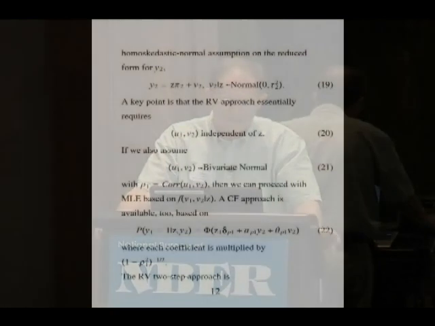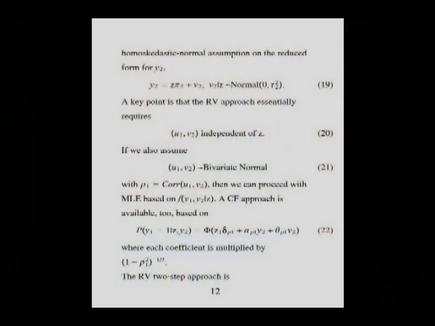So Blundell and Smith and Rivers and Vuong looked at this model where y2 is a continuous variable. And in fact, it's more than continuous. There have to be some restrictions put on it. And again, this is a little stronger than necessary, but